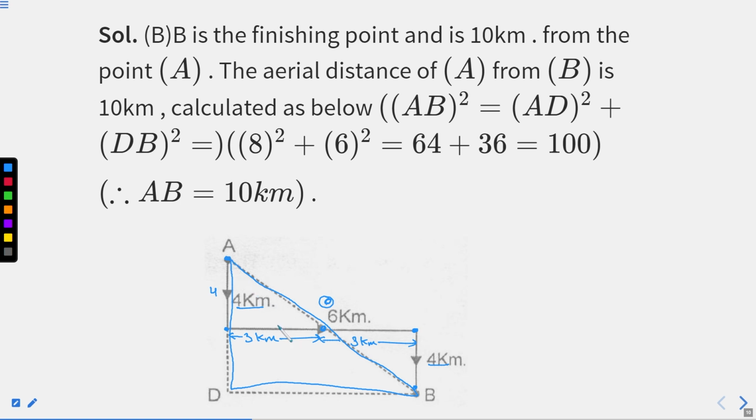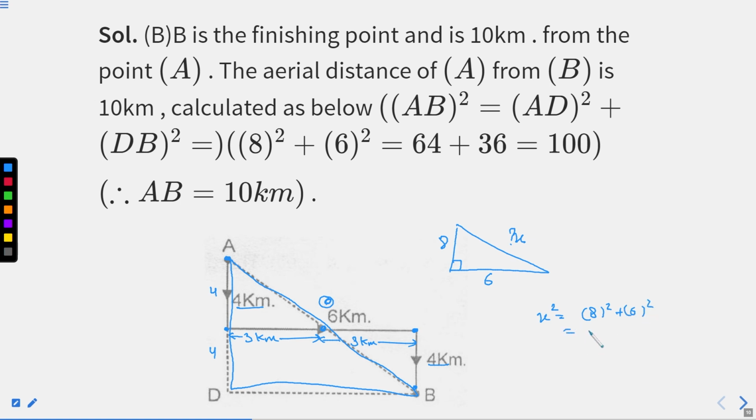This is a right angle triangle where this complete distance is 4 plus 4, 8. I'll make a separate triangle here. So this is the right angle. This distance is your 8. This distance below is 6. You have to find this distance. For that, let's say x. We know that if we use the Pythagoras theorem, x square is equal to 8 square plus 6 square.